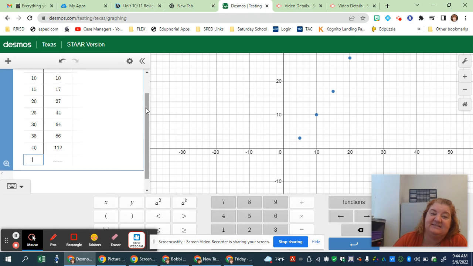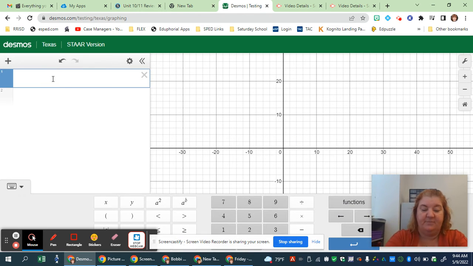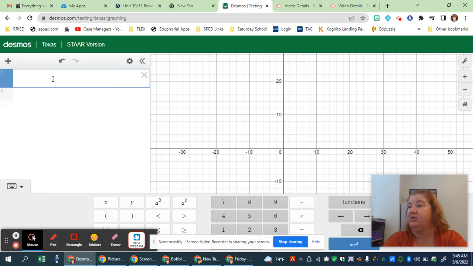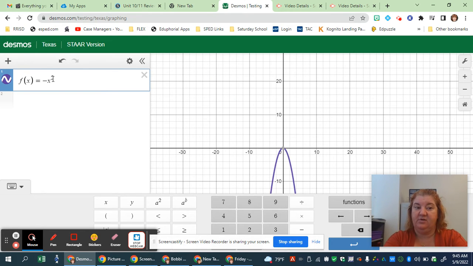Again, when you're putting these in Desmos, put the parent function. So the parent function is f of x equals x squared. Actually, on this one, you're not comparing. You're not looking for a transformation. So you don't have to do that. F of x equals negative x squared